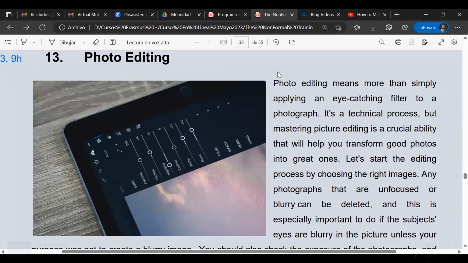So, photo editing. First of all, I would like to know how much you know about photo editing. You're welcome to answer the question through the chat. How much do you know?